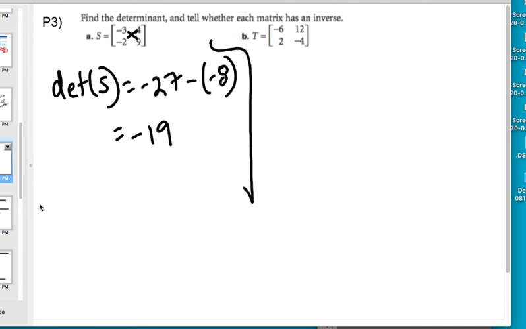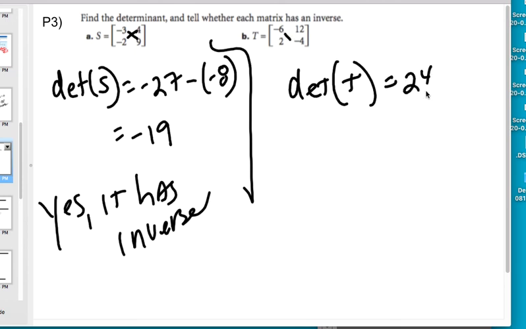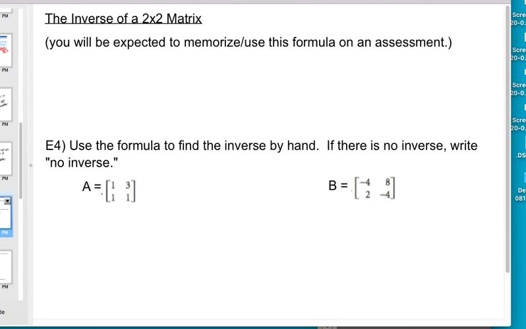So yes, it has an inverse. And the determinant of T is AD, which is 24, minus BC, which is also 24, which is 0, so no inverse. And that, I think, is the end of our video for now. So we'll stop there and pick up